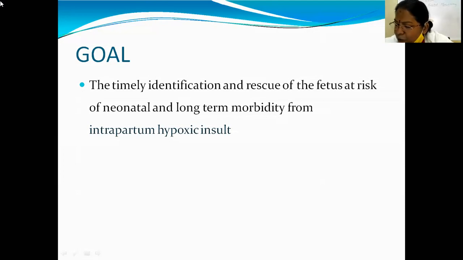So what is the basis for this intrapartum fetal monitoring? We all know what happens when the contraction starts. The uterus is a muscular organ, so there is a crisscrossing of muscular fibers, and in between those muscle fibers the blood vessels run. When there is a contraction, these blood vessels get compressed, and there is a decrease in the blood supply to the fetus, so the placental circulation will be affected. But for a normal fetus, it doesn't have any effect.